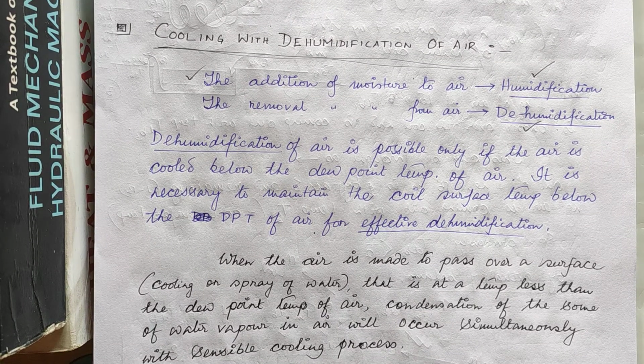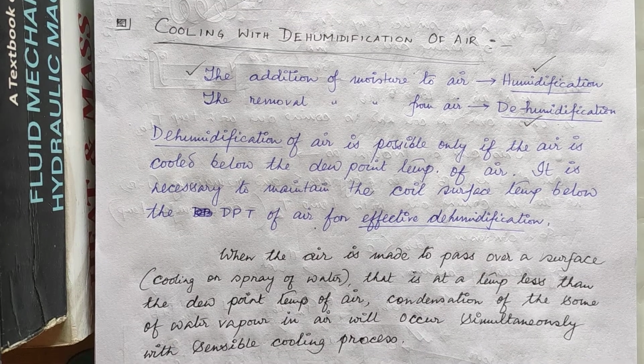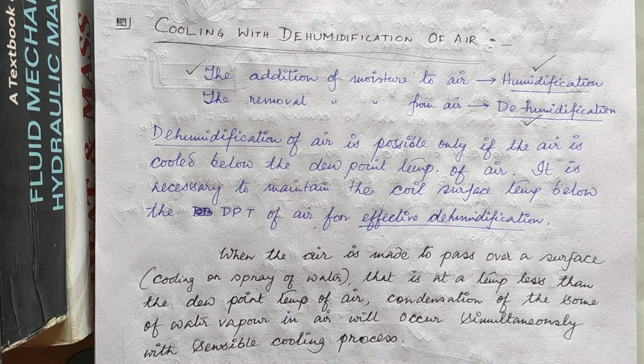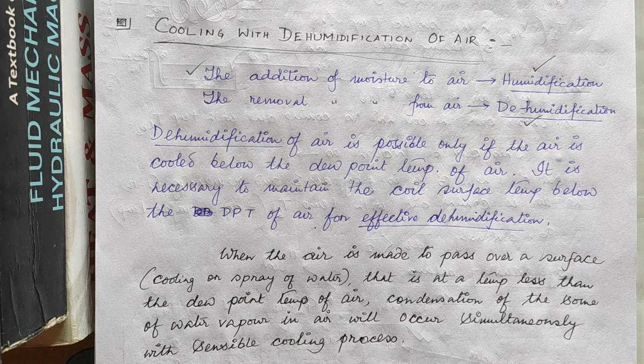So, this is your fifth class of the subject refrigeration and air conditioning. In the last four classes, we have discussed the introductory part of air conditioning and ventilation. What are the different properties of moist air, how the thermodynamic state of moist air is defined, and what is the instrument that is used for measuring different properties like dry bulb temperature and wet bulb temperature, that is, the psychrometer.